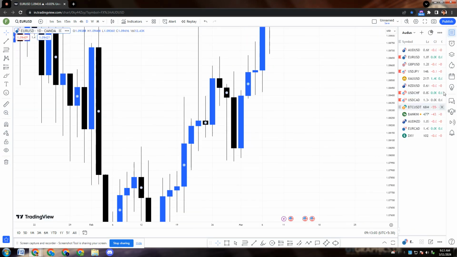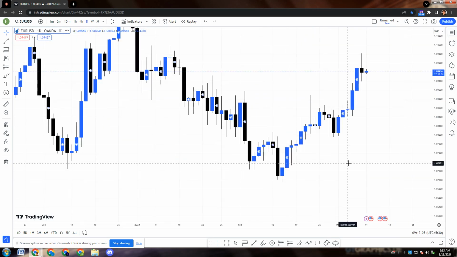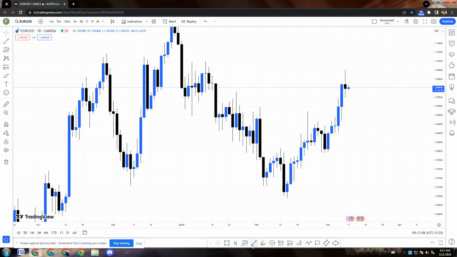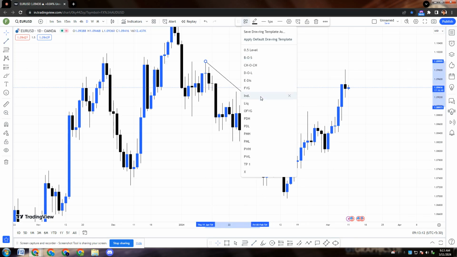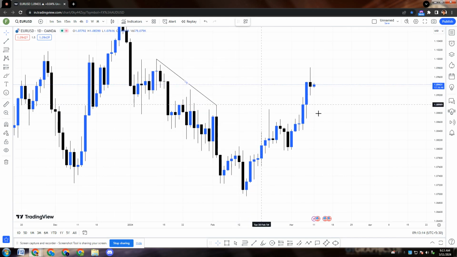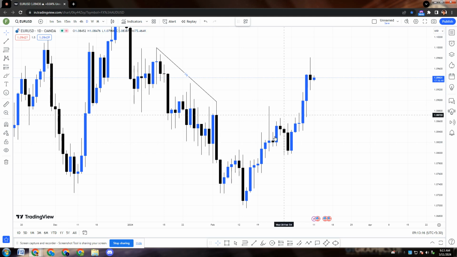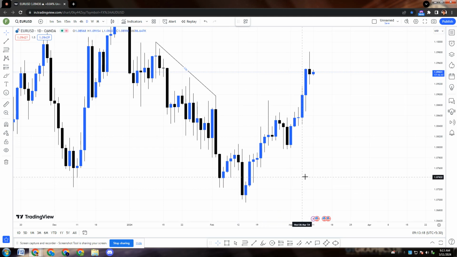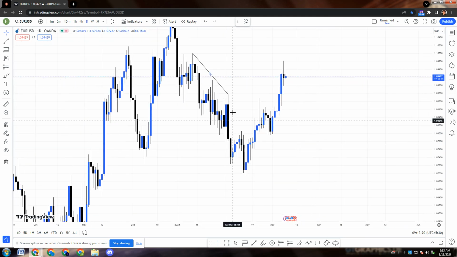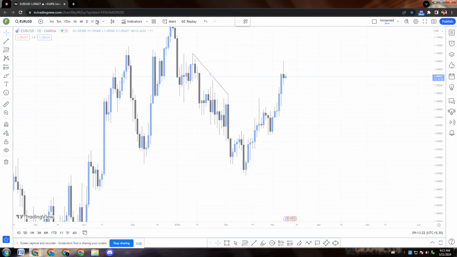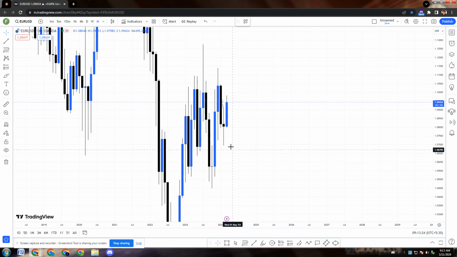Let's understand how price delivered from this area with our supply and demand zones. As you can see, this is our area of liquidity, so the trend will go directly to the upside. And why will we take this liquidity? Just because monthly is bullish. We have the reason why we are going to take this liquidity, just because monthly is bullish in the chart